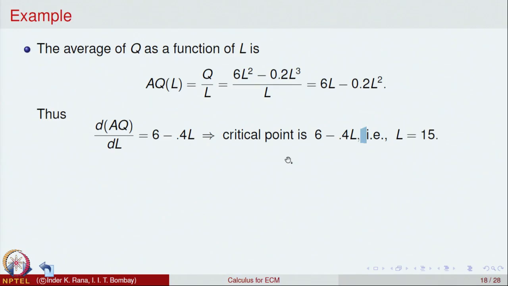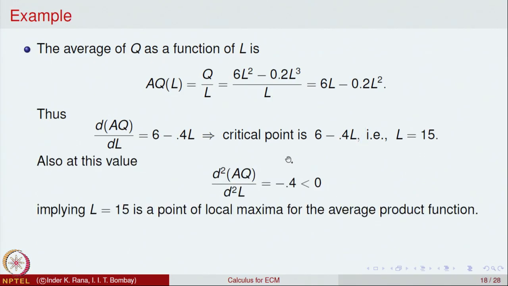When the labor is 15, the average production as a function of labor will be maximum for L equal to 15. Also, why will it be maximum at this value? Because if we analyze the second derivative for this, it will be,